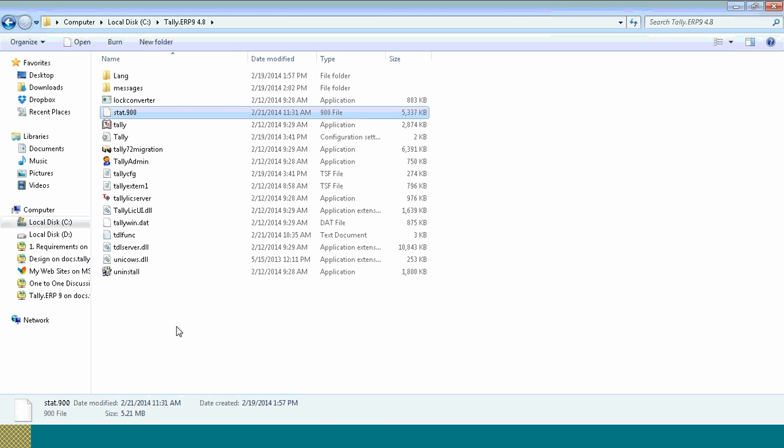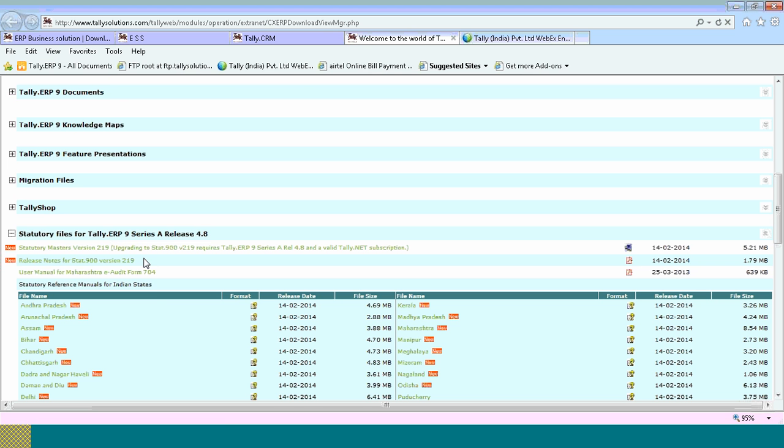Okay, Ms. Aarti, I'll just show you once again how to download and how to paste it. This is our website download center. You have to click on this particular file and you have to save it in any folder. It could be in a folder or it could be on the desktop. Once it is saved,